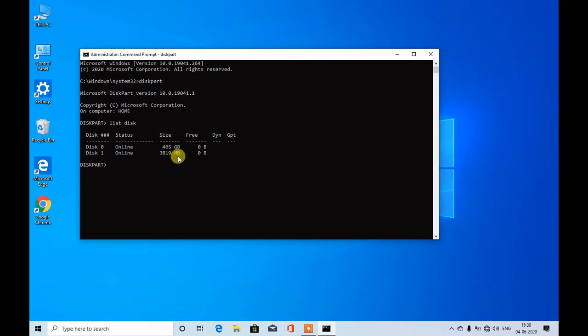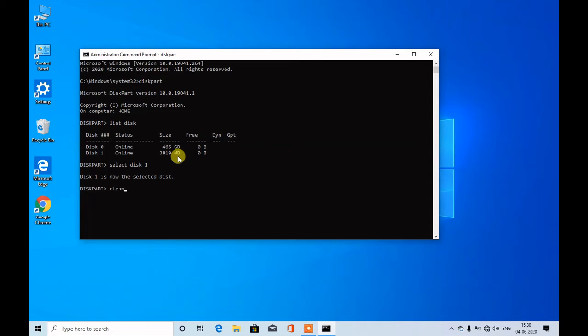So let's open it. For this, here we will write select disk. We have to write the number of the disk which we want to make bootable. Here it is a pen drive, so we will write the number 1. Select disk 1. Press enter. Disk 1 is now the selected disk. Now, in order to clean all the data, we will write clean. It is recommended to have a backup of all the data in your PC.